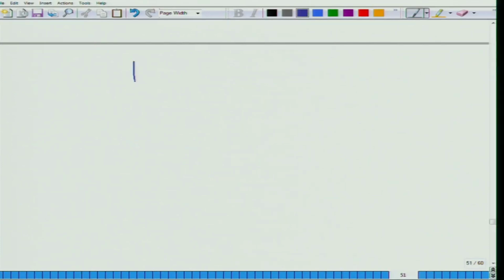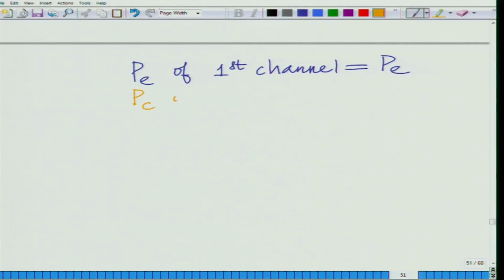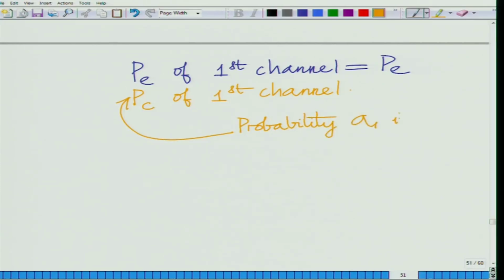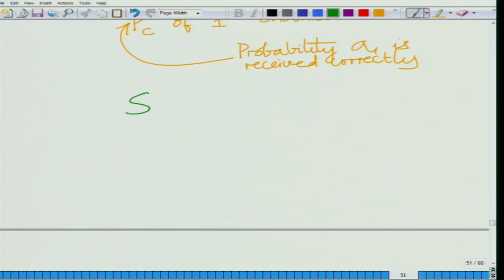Probability of error of the first channel equals P. Therefore, the probability of correct reception of the first channel, that is the probability that A1 is received correctly, without error, is equal to 1 minus P, because the probability of error is P and the probability of correct reception is 1 minus P. Similarly, the probability of correct reception